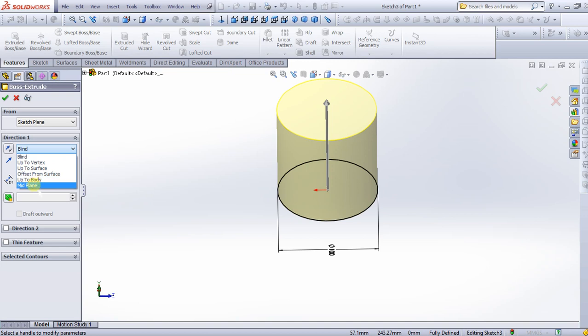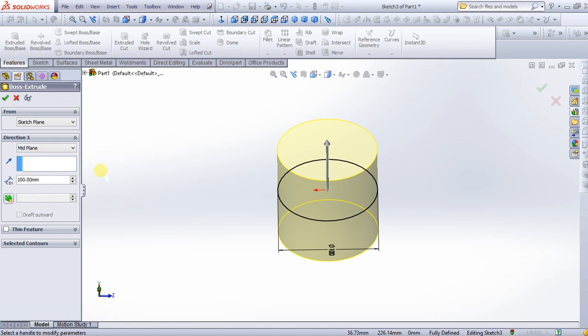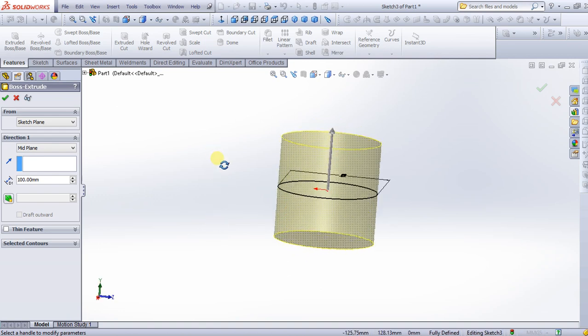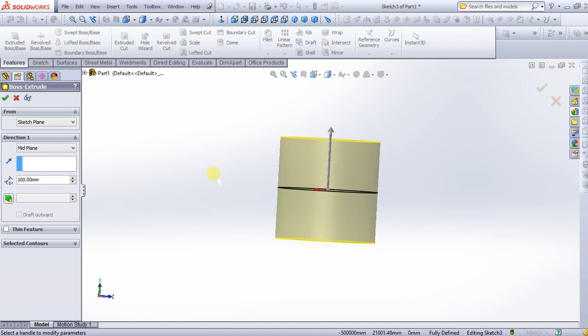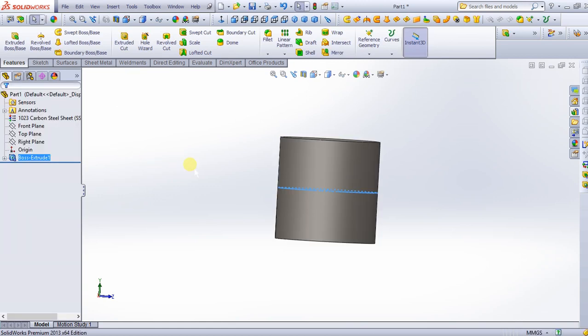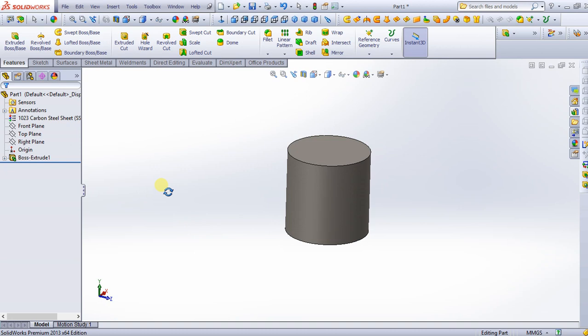I will click this mid plane. Mid plane means I want to extrude my model from the center, halfway to each side. Choose mid plane. That means I want to extrude it from the point of the origin half to this side and half to this other side. That is how I want to extrude my model. I'll say okay. Now your cylinder has been